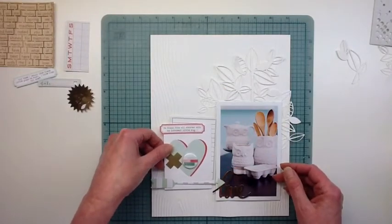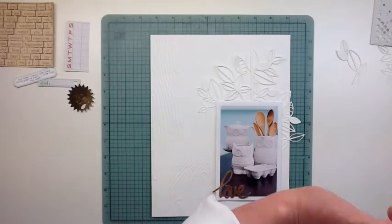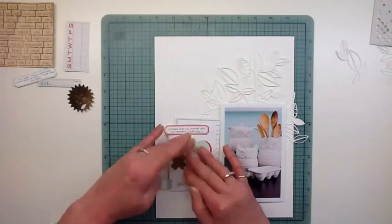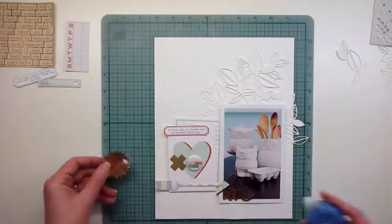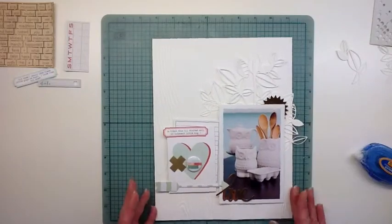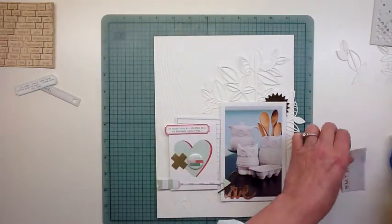So again, this is white cardstock from my stash, and I embossed it with the wood grain embossing folder that I have, and then I just left it white this time. I really did like the gold on the other one. I'll try that again on another layout, but it just wasn't turning out the way I wanted it to look